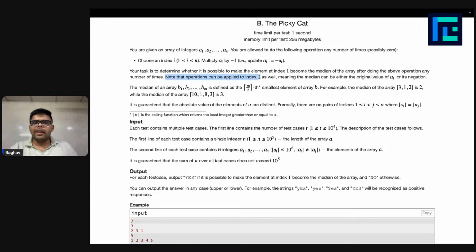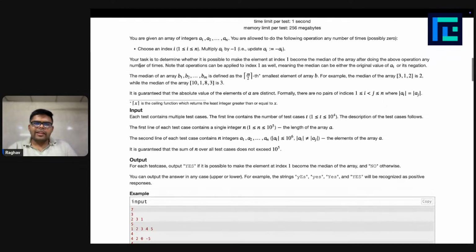And we can apply the operation on index 1 as well. Okay. And then they tell us the way they define the median. And it is guaranteed that all the absolute values of the elements of the array A would